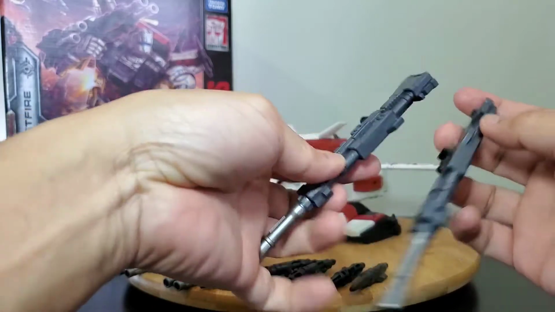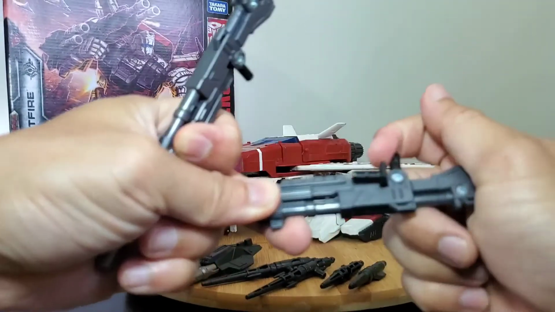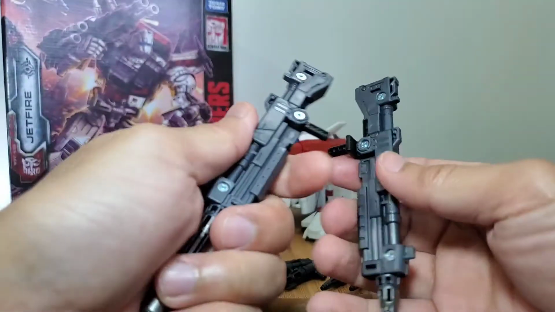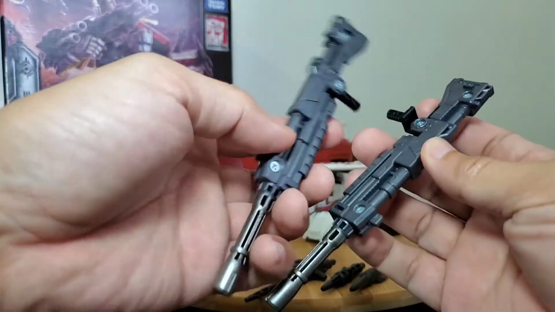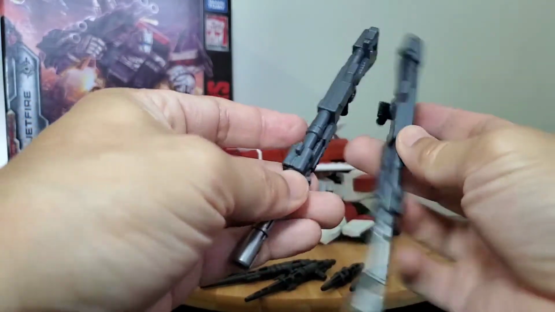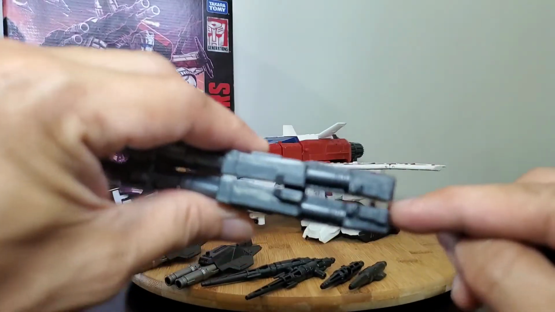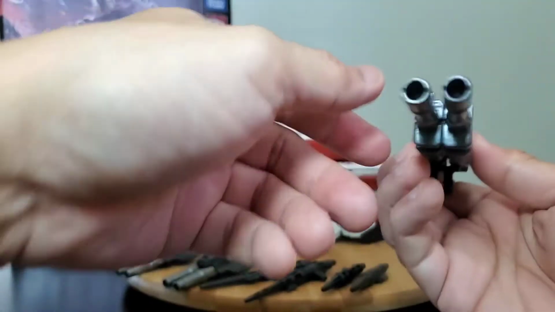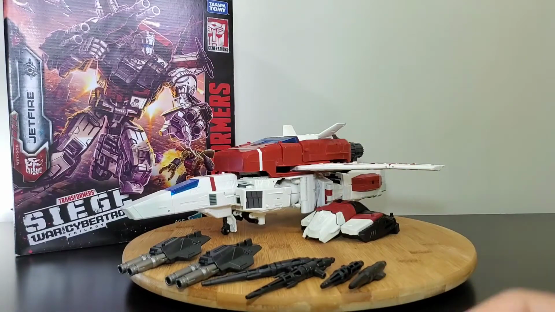So you can have both of them individual, or you can combine them by doing this. Push down the main center peg, and then these have pegs that will lock into the other one. So here, you can combine both guns, and it has a peg as well on the other side. So he's got this double-barreled gun which looks really amazing. And then you have his